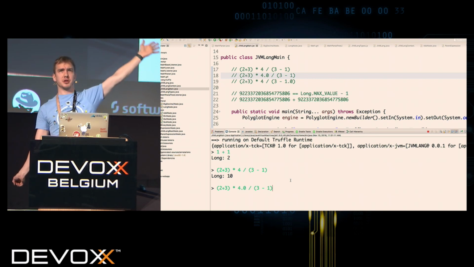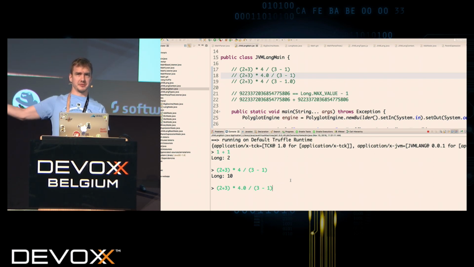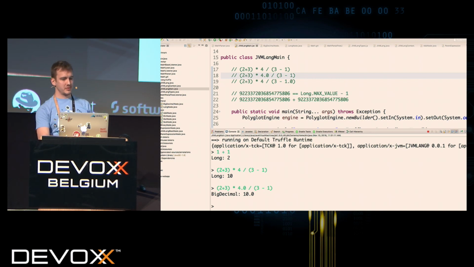Who thinks it will not be 10, but it will be something else? Well, in a nutshell, it will be 10 because the numerical value is still 10. But as you would expect, the type of this program is different. So the thing is,